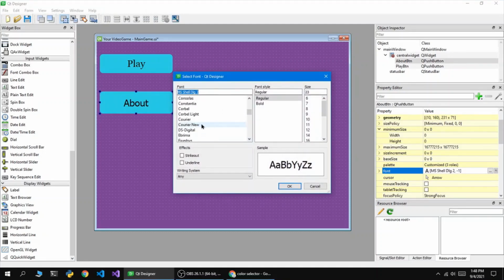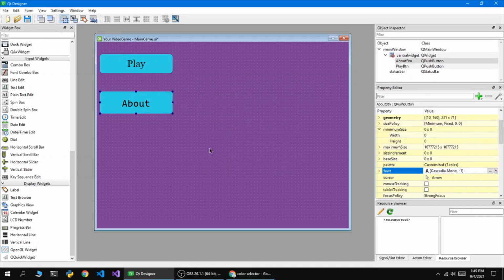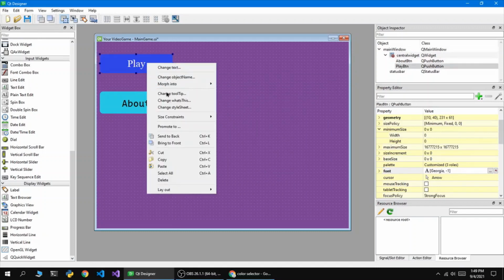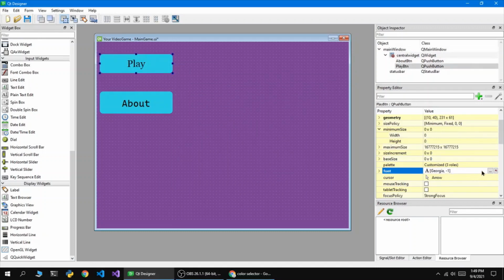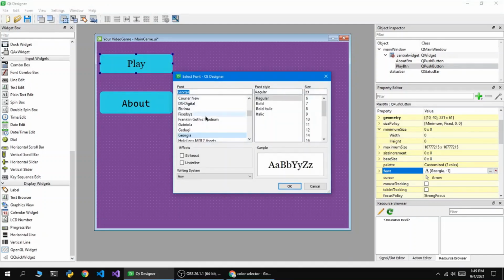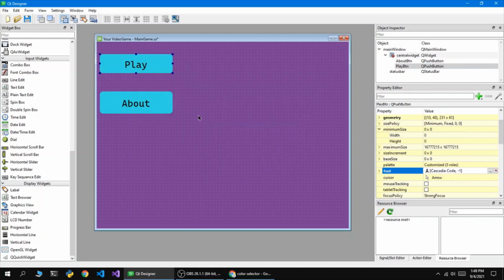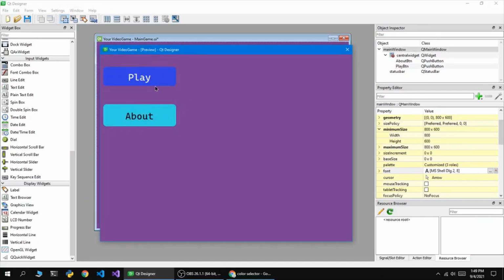Where is Georgia? Okay, Georgia. Cascadia Mono. Oh yeah, that's just perfect. Cascadia Mono. So let's change it to Cascadia Mono. So it will be a bit above. Okay, Cambria, Calibri Light, okay, Cascadia Code. Perfect. So now we have our buttons,